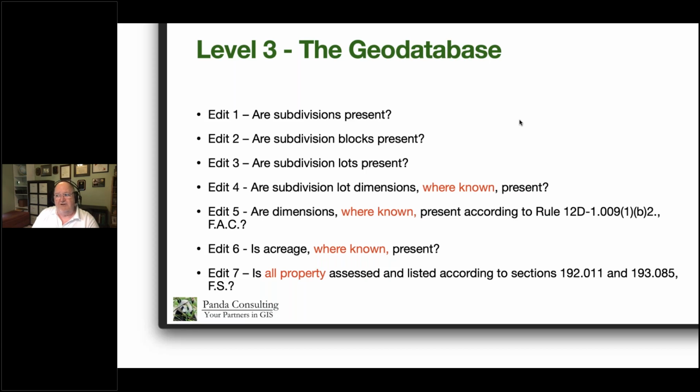So if you have a subdivision that doesn't have lot dimensions on there, then in fact, it's not known. You don't have to calculate them. They're looking for those known lot dimensions on the subdivisions. And then finally, it says, are dimensions where known present according to Rule 12D-8.1.009